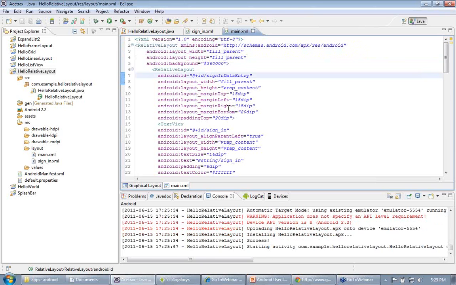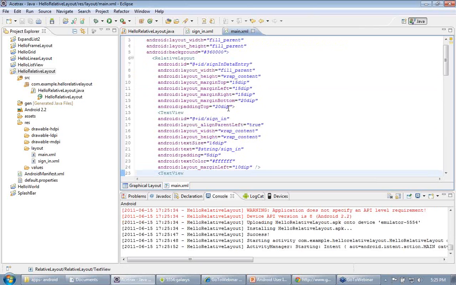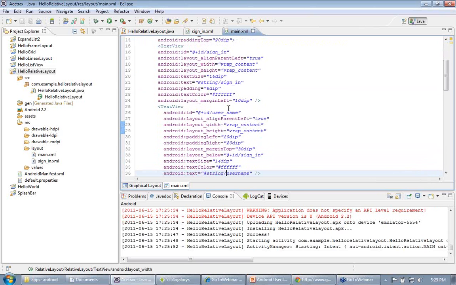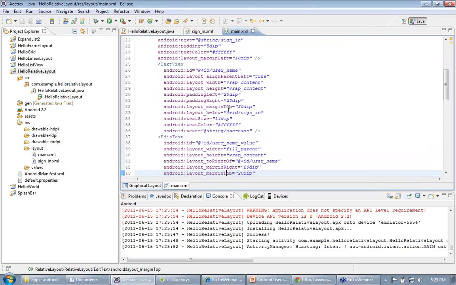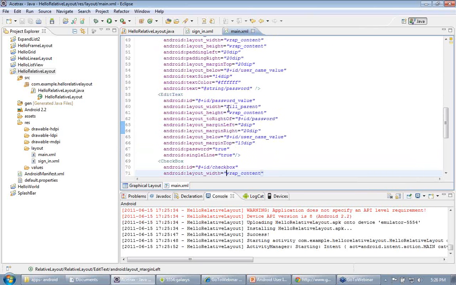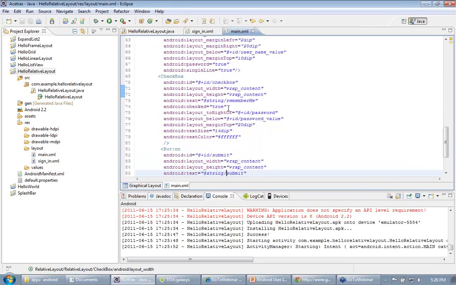So we have a parent relative layout in which we are defining the background, and then we have a child relative layout in which we are defining 2 text views with your sign in and username, then an edit text box, then again a text view, and then we have an edit text box below the text view, and a checkbox, and then a button.